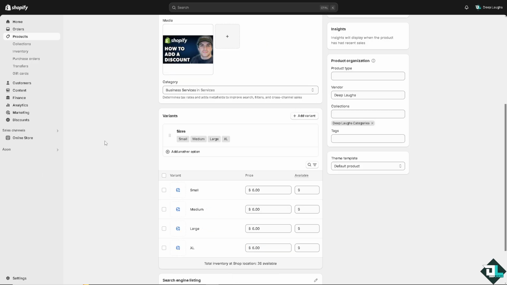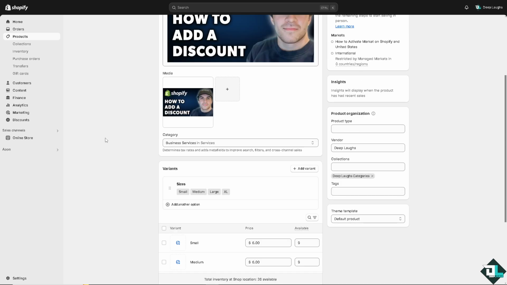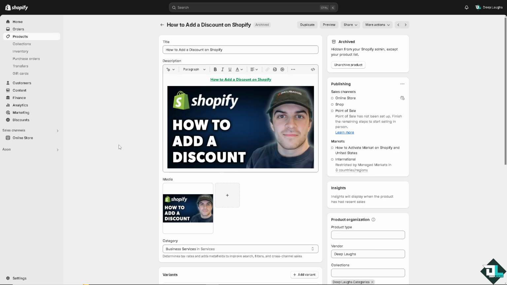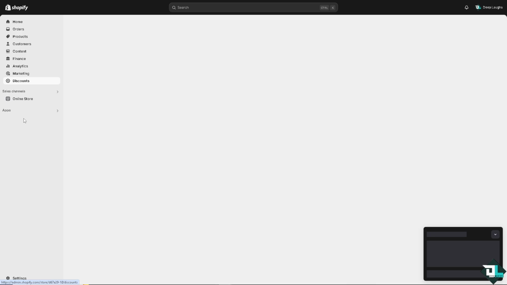Now, the next option that we are going to do is adding a discount code. So right here, we created a discount price, but adding a discount code is different. Now, all you have to do is go to the left side panel of your dashboard and click the discounts. You see that? That's under marketing. When you click on it,